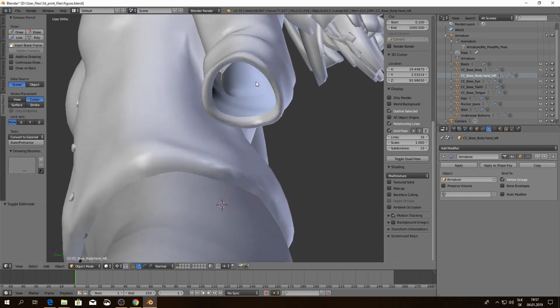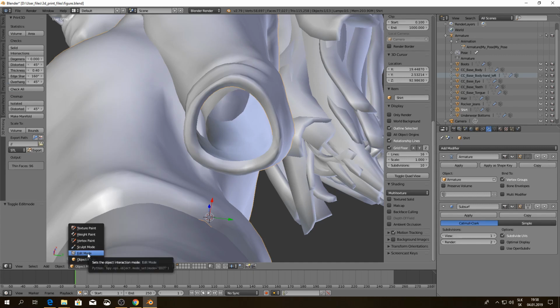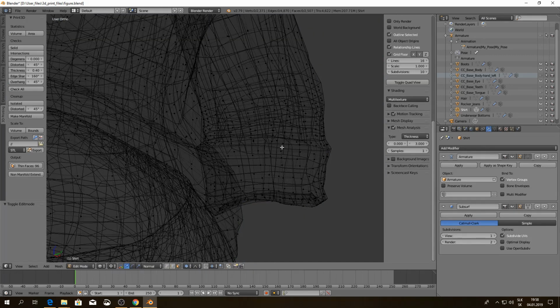If you are not satisfied with the automatic fix in Netfabb, use the manual fix in Blender.